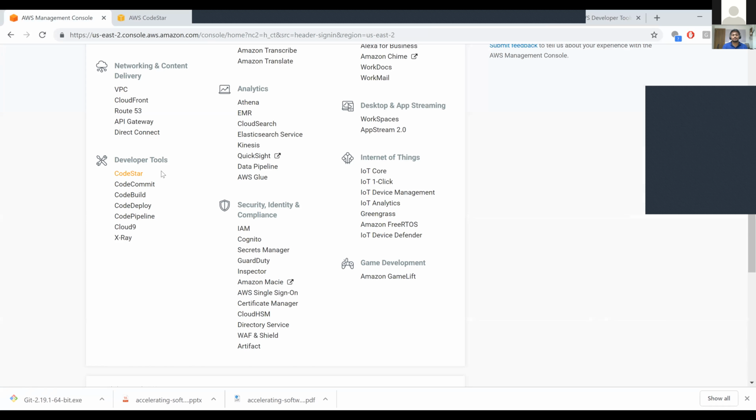And when it comes to Cloud9, it is an IDE which helps you do all the things, that is, running your application, building your application, testing, deployment, and so on. So when it comes to X-Ray, it helps you debug and trace the bugs and identify